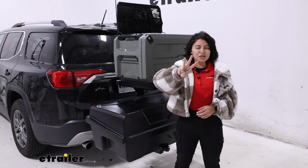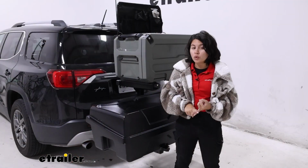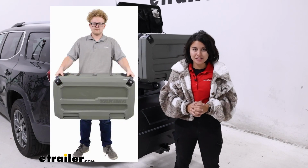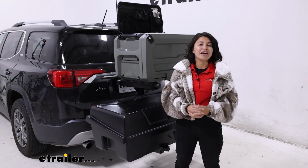So there's 3 different ways you can use the OpenRange. One is with the Yakima EXO system. Another way is with its own leg kit where it's freestanding, or you can just carry it around like it's a cooler or a box. Now, depending on which configuration, you're gonna have different pros and cons, and you're gonna have to have different kits